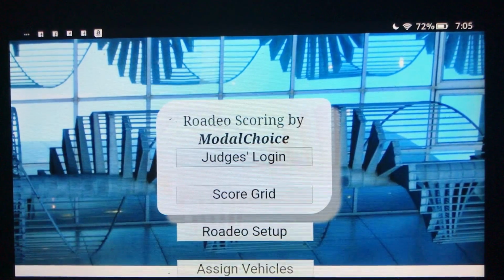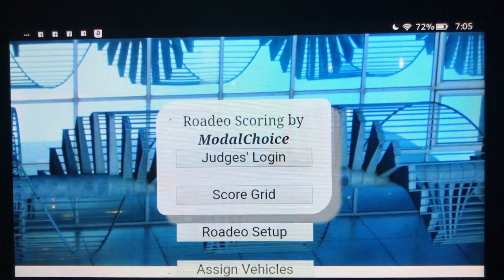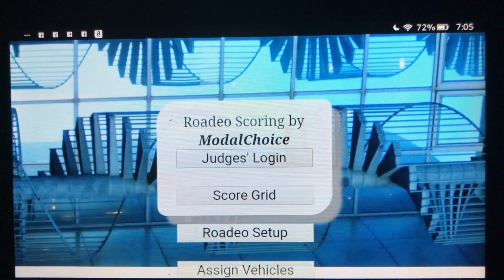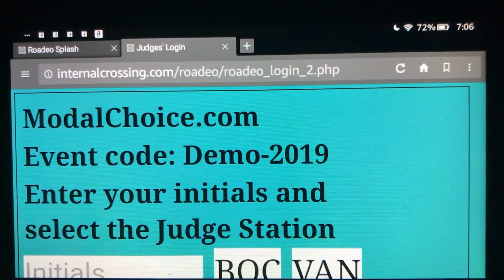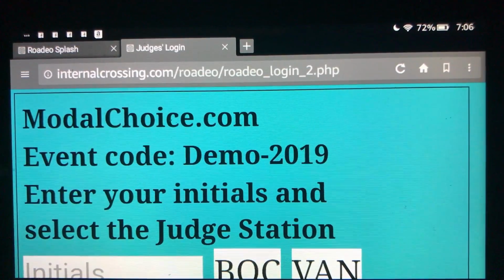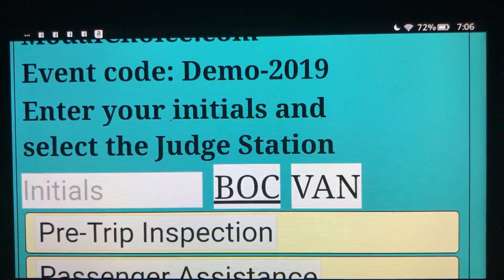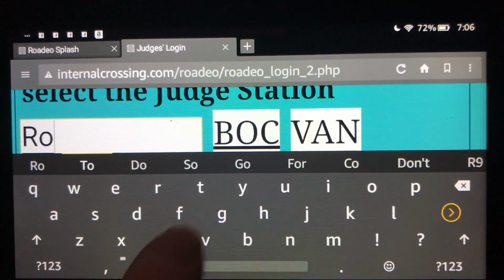The training module for the Digital Rodeo scoring system by ModalChoice, specifically for passenger assistance and wheelchair securement. The first thing that comes up is the screen for the judge's login. You tap on the judge's login. It takes you to a green screen that shows the event code and the event that you're going to judge. You scroll up and put in your initials or your name, in this case ROB,